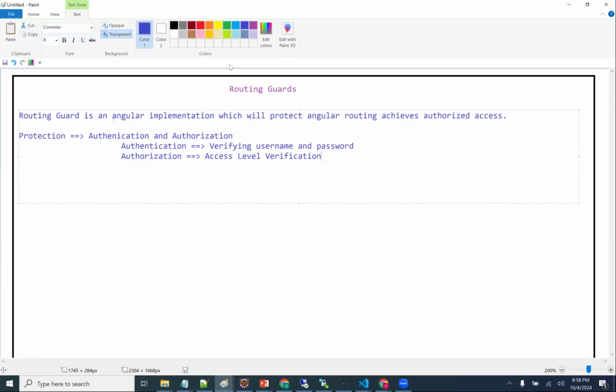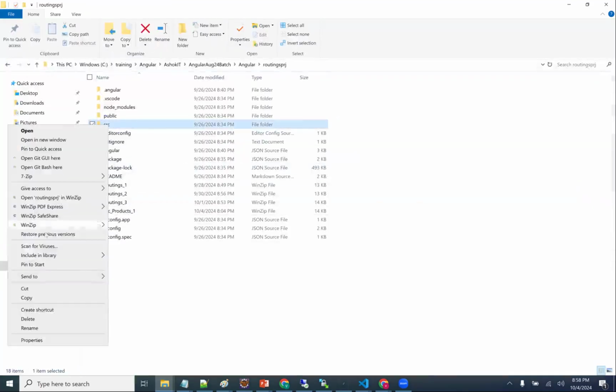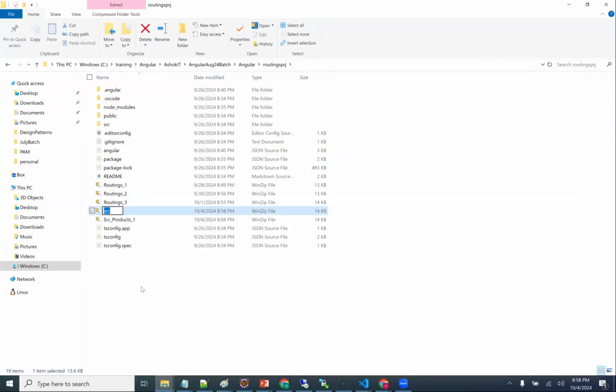And backend will take care. Backend is going to take care of verifying the username, verifying the password, verifying the access levels. Based on that, Angular should design the things here. So I can say in one word, 70 to 80% of the work is done by backend, 20 to 30% of the work will be done at front end. Okay? Is it clear?